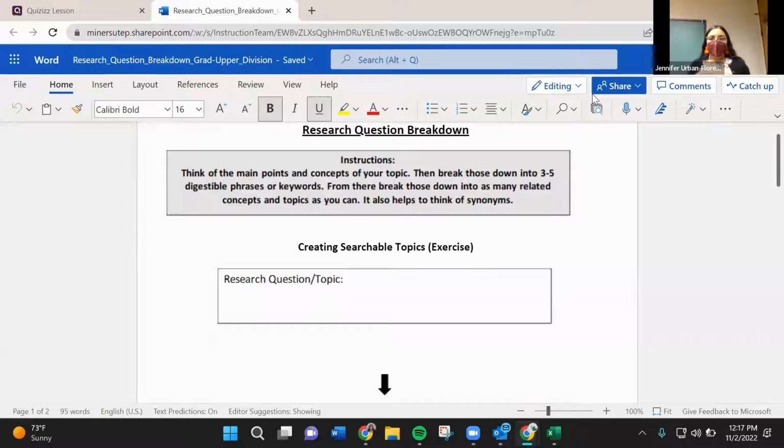So I think that in having my conferences with my graduate students, more often than not, students, no matter what level, sometimes find themselves at a point where they don't know where to begin their research, right? They have this really large, daunting question. And because it's so large or so daunting, they don't necessarily know where to find their sources or even how to chunk up their research question. And so this is where it came out of.